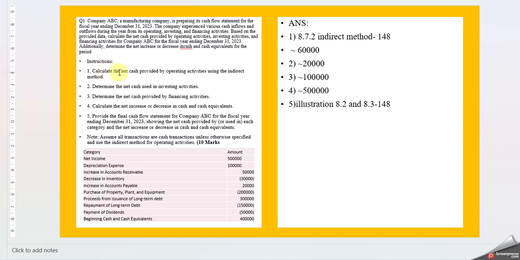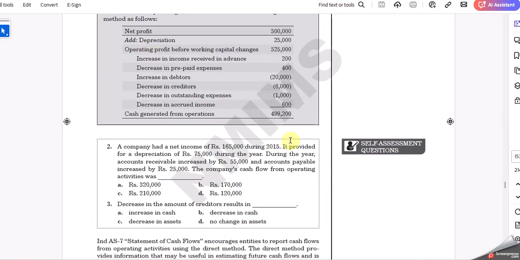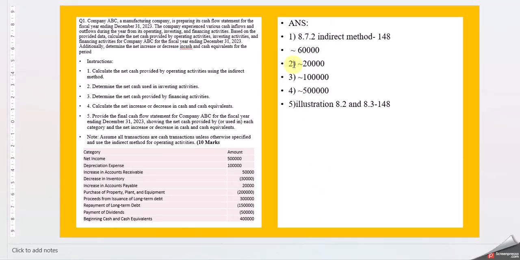So for one, where we have to calculate the net cash, if you are following the same methodology that is given in the textbook, you will be coming close to 60,000, and cash used in investing activities comes around 20,000. Then, to determine the net cash provided by financing activity, that will come close to 1 lakh. Then for the fifth one, you will be coming close to